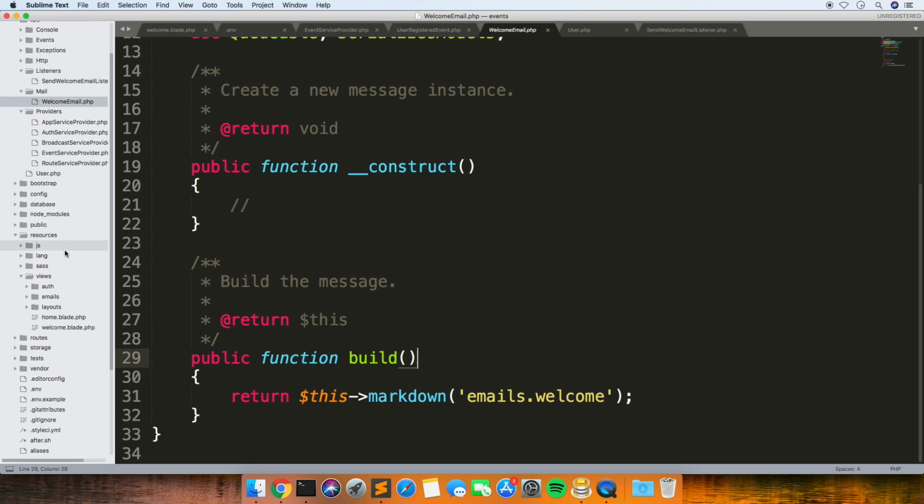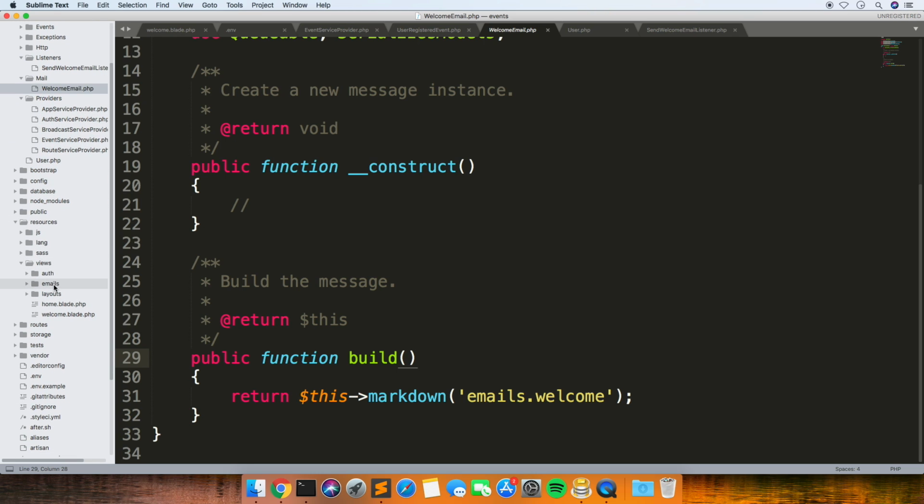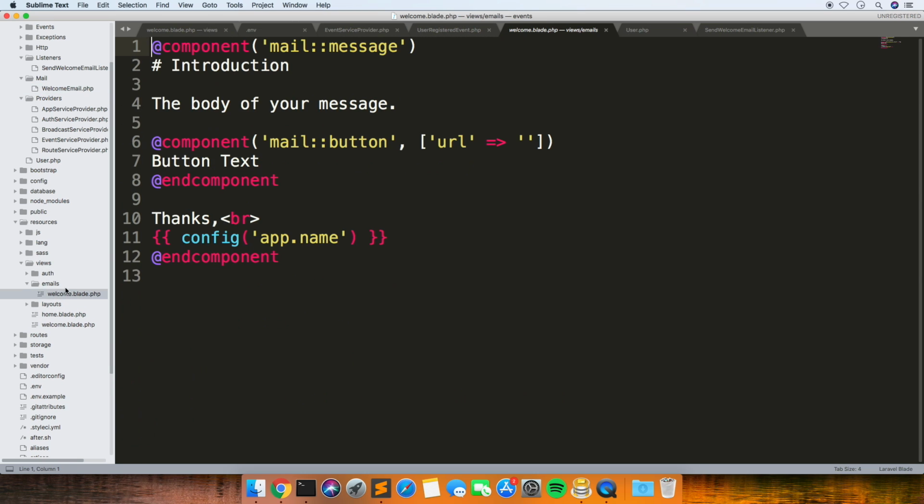So the first thing we want to do is look at the views folder and then emails, welcome. Alright, so it's already got an example in there. Let's just see if it sends.